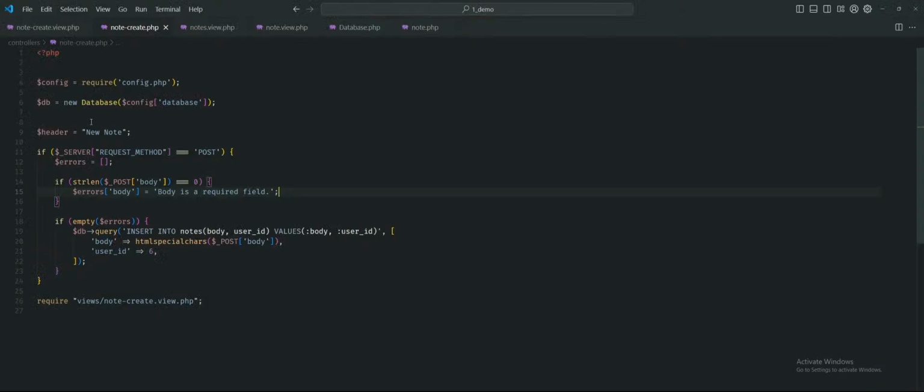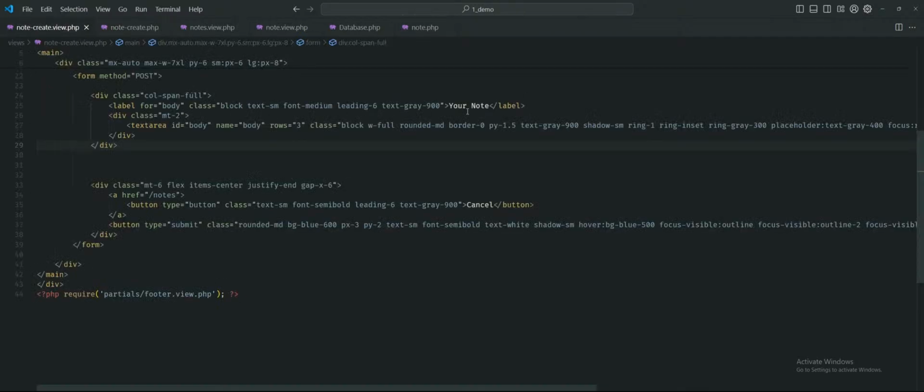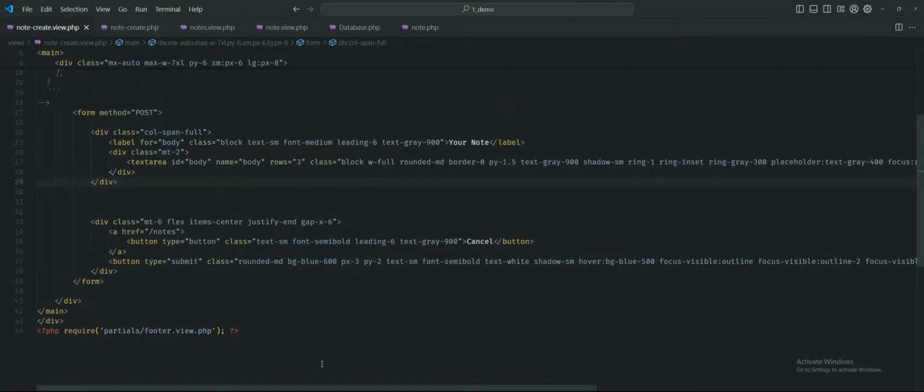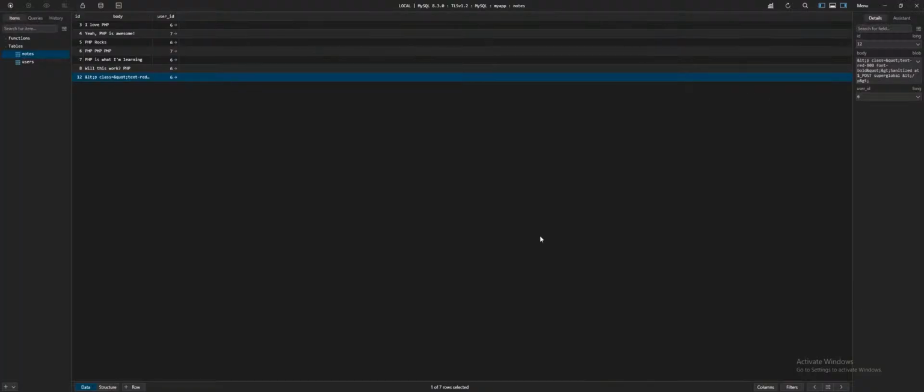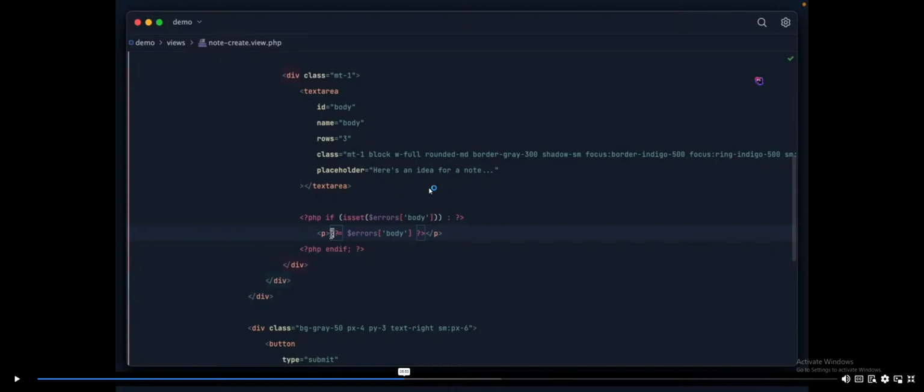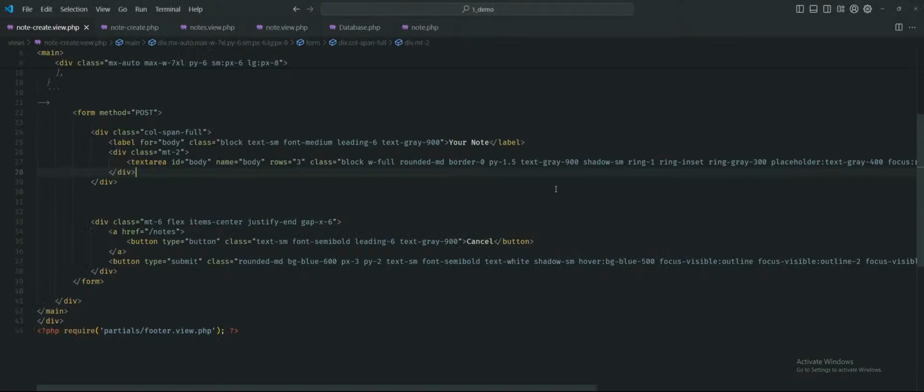So he did a PHP if statement, right? He went to the node create view. Okay, here is the text area. Right after the div for the text area, I believe he did this. Yeah, correct. No, in the same div he did that. Okay, so before closing this,